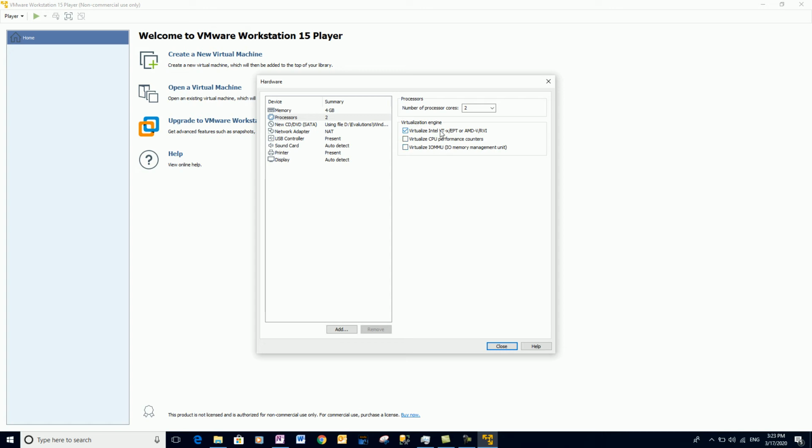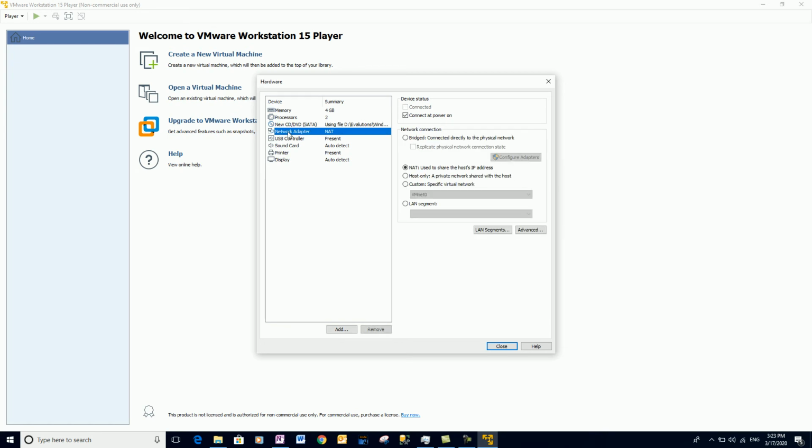For this video, the first option would be sufficient, and the ISO image we had already selected initially. For network adapter, we are selecting the NAT option because we need internet on this virtual machine, and if we use the NAT option, it shares the host IP address. So the IP address of my main machine will be shared, and internet will be available through my main machine